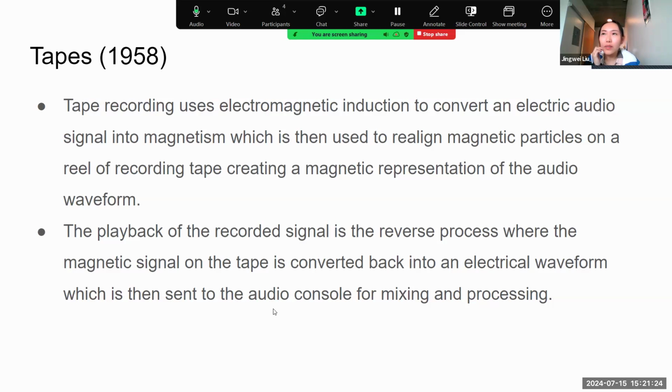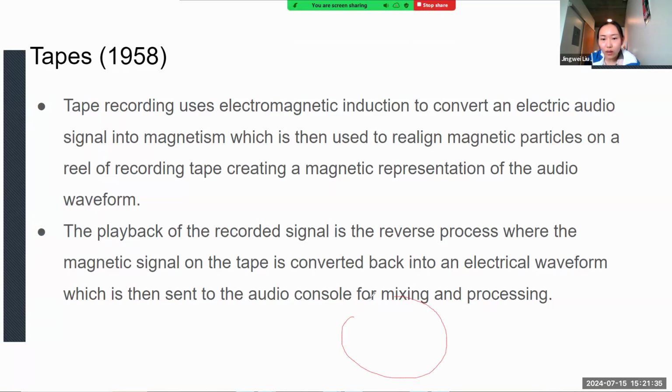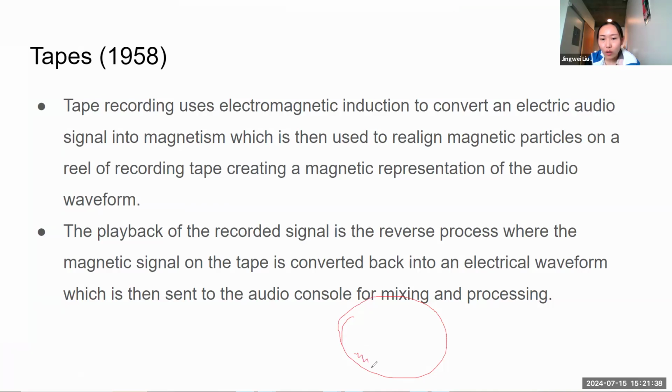So if you think about vinyl, right? The vinyl is a physical cutting of the waveform. And here, when you use tapes, it's still a kind of record of your sound, but it's not physical cutting. You have a tape with magnetic particles on it, and at first they are evenly distributed, and after you apply some